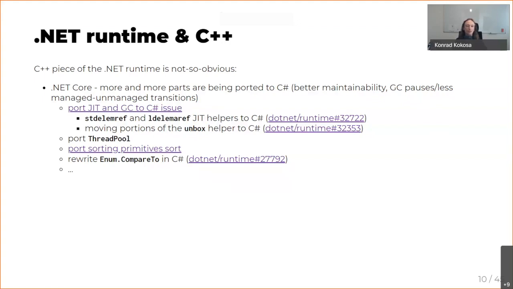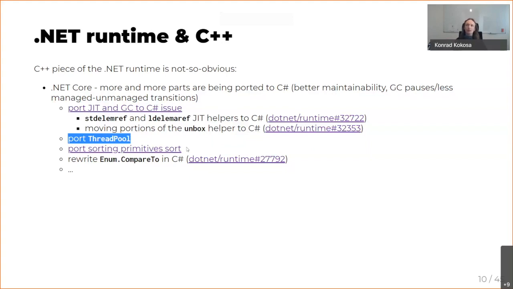So we see this, that even so low-level stuff like JIT is starting to use some C# code. There is even a pretty huge project now to port the whole thread pool from the C++ code inside the runtime to make it multi-platform, better, well implemented in C#.